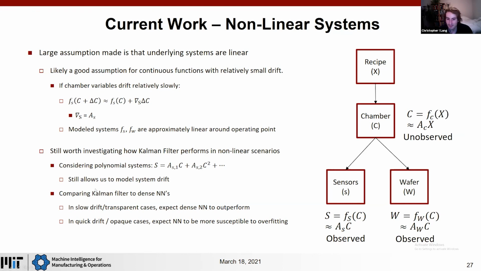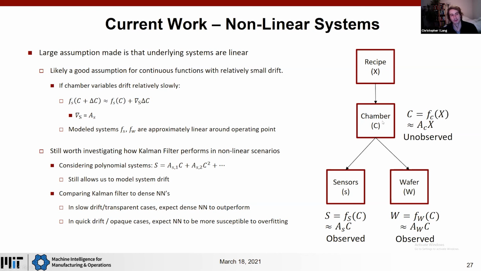But I think that in a regime where we have very slow drift and a lot of transparency, so there's a constant system that doesn't change over time, and we can get all of the information that we need from the sensors to predict the wafer variables, I would expect something like a dense neural network to be basically optimal and give us the best solution to predicting W as a function of S. But I also think that in a case where these underlying systems are drifting really quickly, and